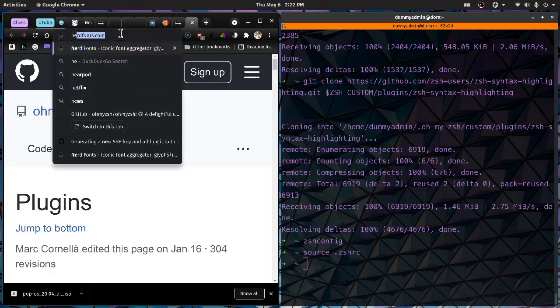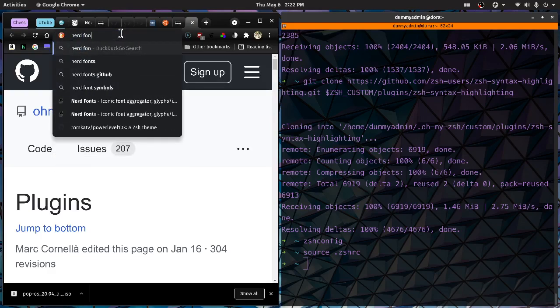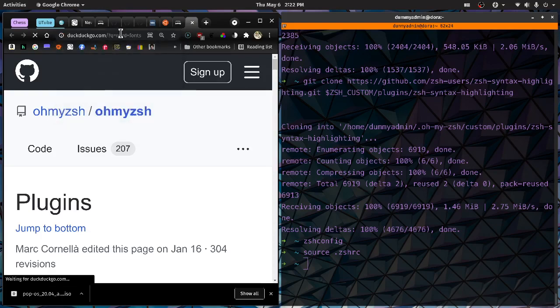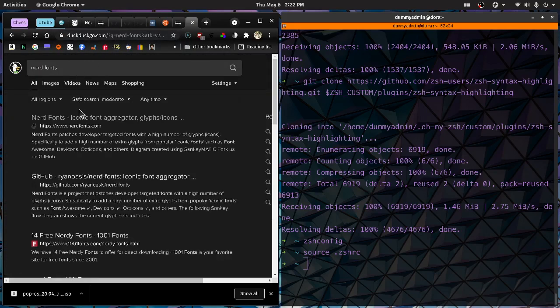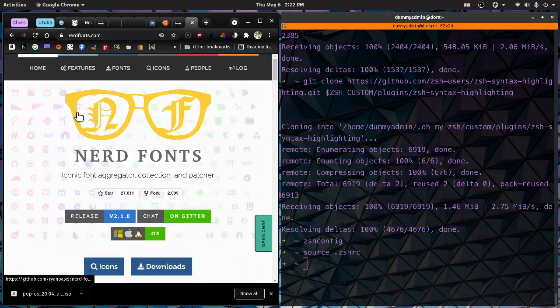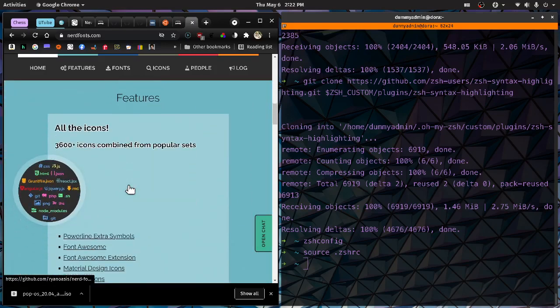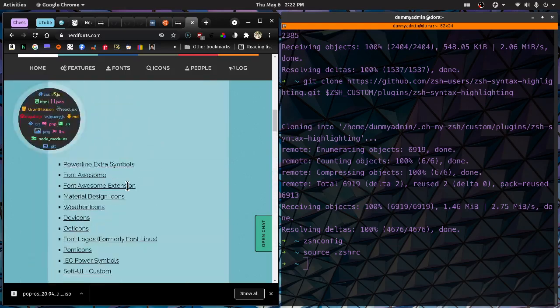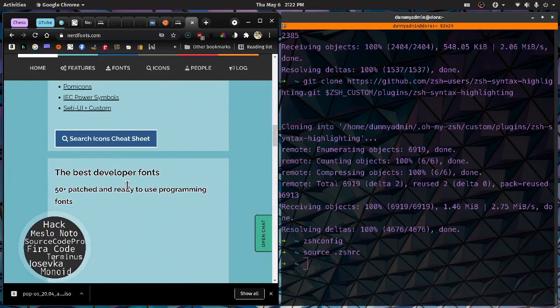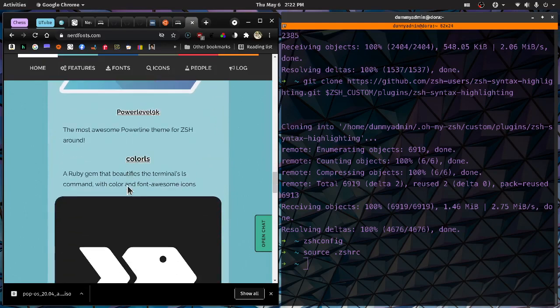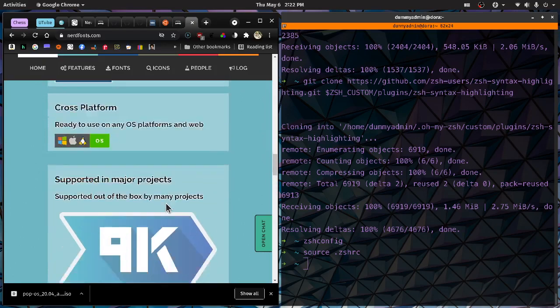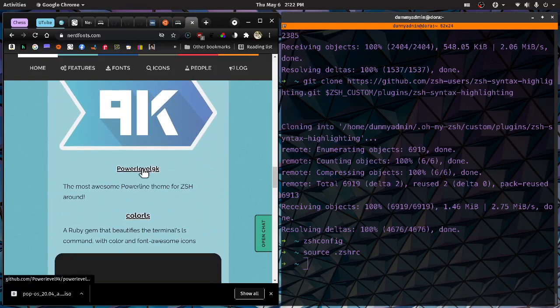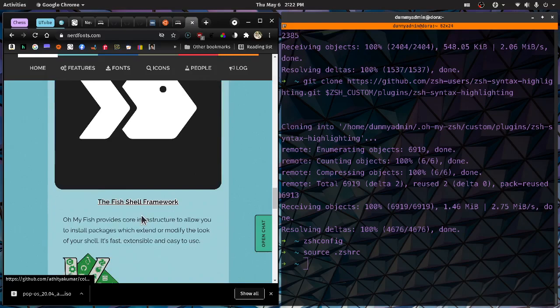So there's something called nerd fonts. And let's go and get some nerd fonts here. And the one I'm interested in is called Meslo. So let's see what we have here. We want to put in power level 9K or 10K. And color LS, we want to put in,